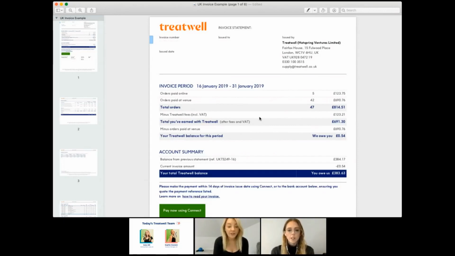Just as a reminder, a bit of background, you will get 2 invoices a month from us. So one to cover the 1st to the 16th of the month, and one to cover from the 16th to the end of the month. So we break them down into 2. All of your invoices can be found within settings and then finance within Connect,